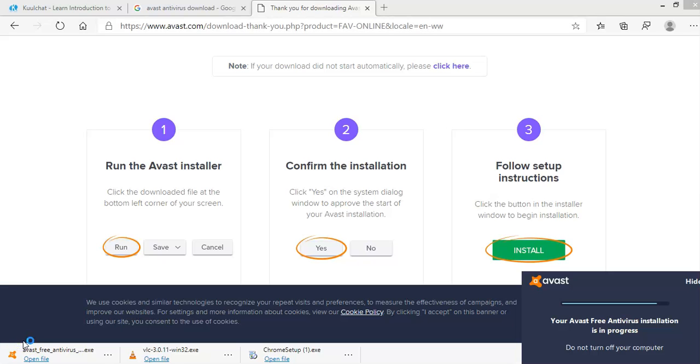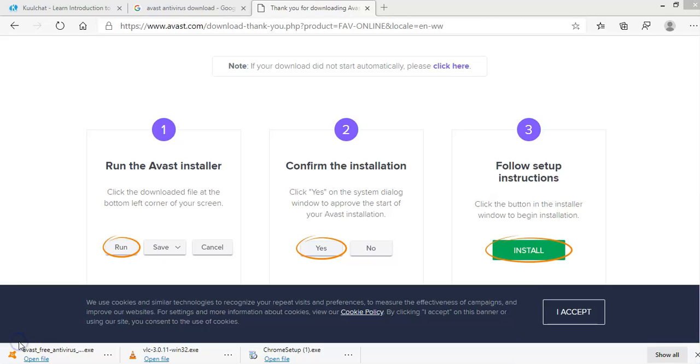Okay, so it's almost done. Okay, so that's it. Once your installation is completed,